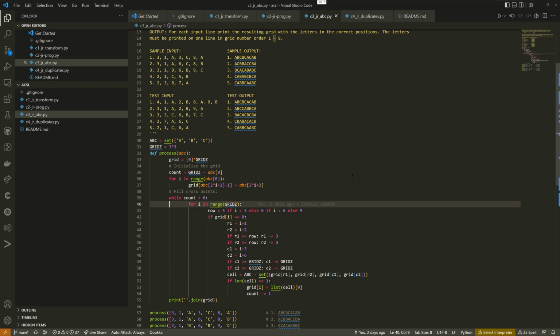So the first row is actually 3, right? 0, 1, 2, 3. And the second row is 4, 5, 6, right? And the third row is 9. So this sentence is basically saying that if I'm in the first row, if I is less than 3,